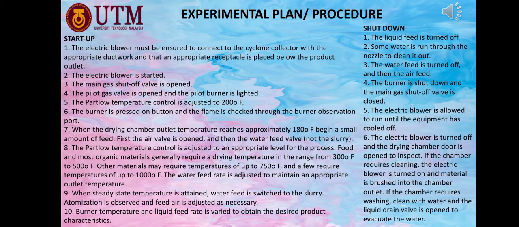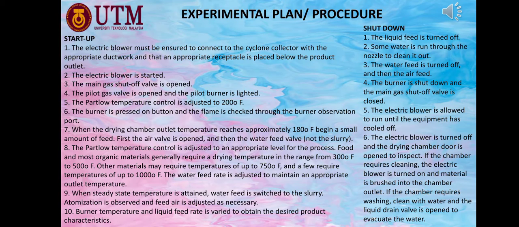So when the objective is attained and our product is achieved, we then perform the shutdown procedure, which involves the following. First, the liquid feed is turned off, and then some water is run through the nozzle to clean it out, and the water feed is turned off, and then the air feed. The burner is then shut down and the main gas shutoff valve is closed, and the electric blower is allowed to run until the equipment has cooled off. The electric blower is turned off